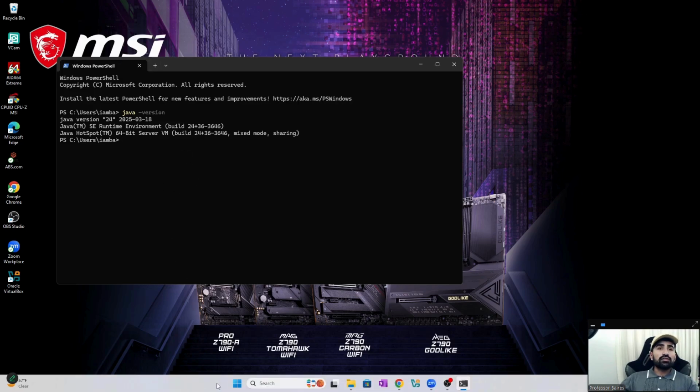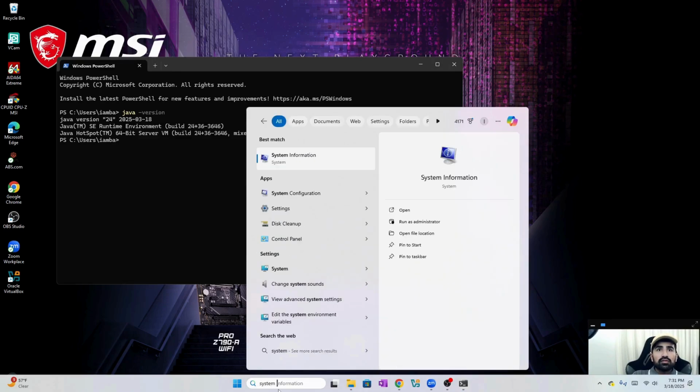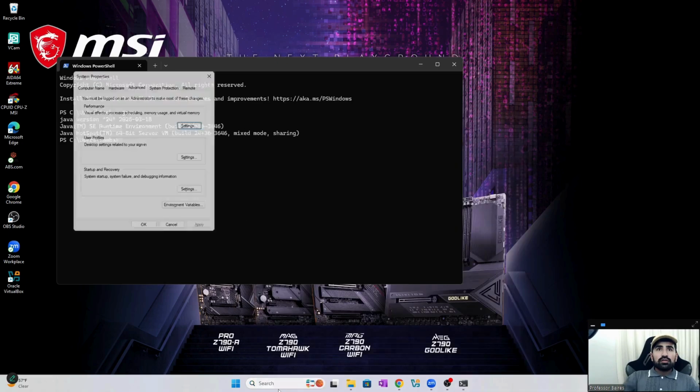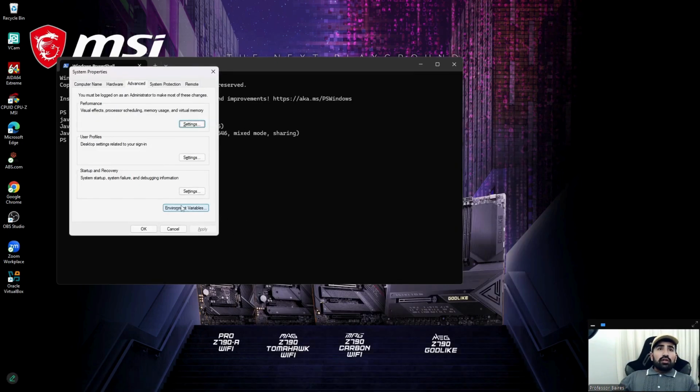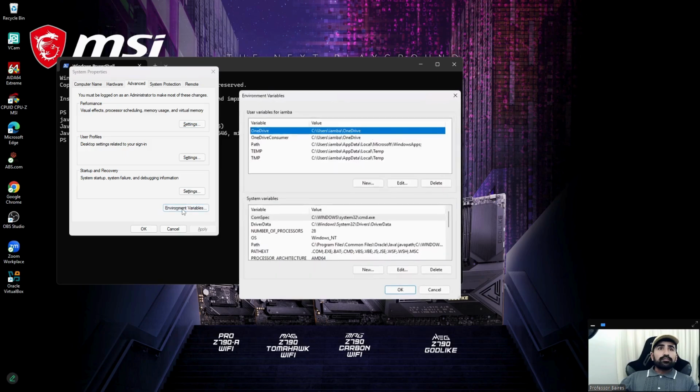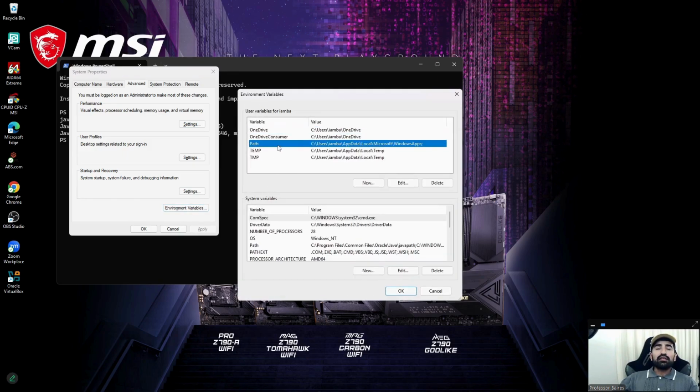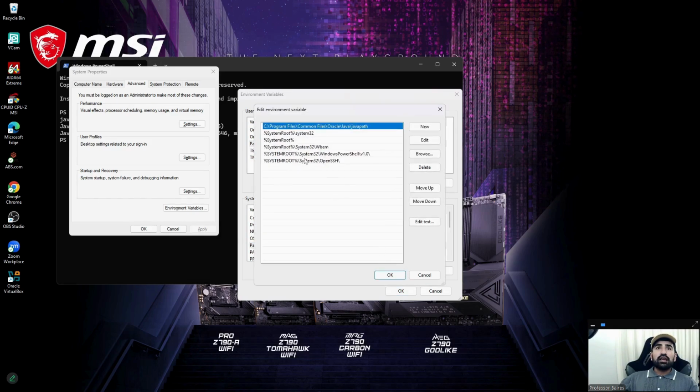Sometimes you have to go into your system variables, environment variables. When you're installing kits like this, you go to environment variables and you have to add it to the path. It looks like it added it for me, as you can see here. Here's system variables. These are my user variables, these are my system variables. Edit, and notice one of my variables here is the location of my Java SDK download. So it did it automatically for me. Sometimes you actually have to do it yourself. Just to show you what that looks like, I'm going to copy this and throw it into my